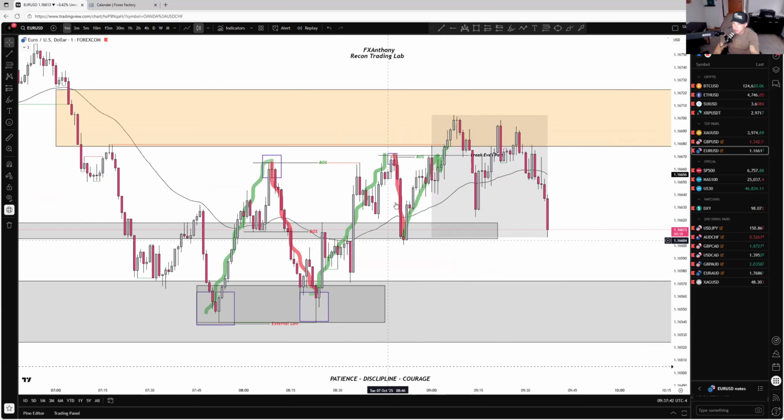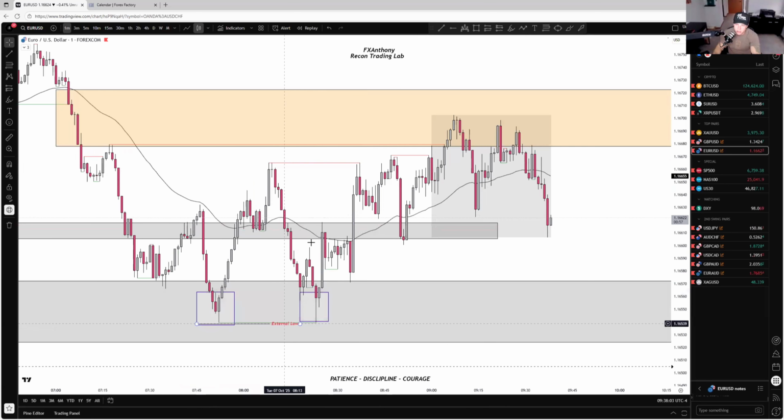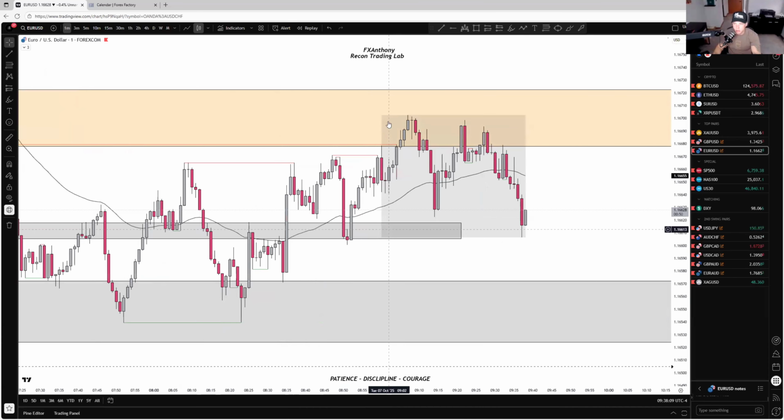Now clean your screen because you don't need all this crap on your screen. Did that make sense, guys? That was a full breakdown, step by step, all the way from the 5. That's our full entry right there. Everything was there. I will upload this recording so you can watch this multiple times to understand it. But that was everything you need to know, all the way down to a failed 1 minute entry signal.